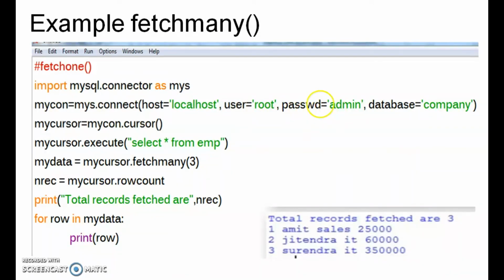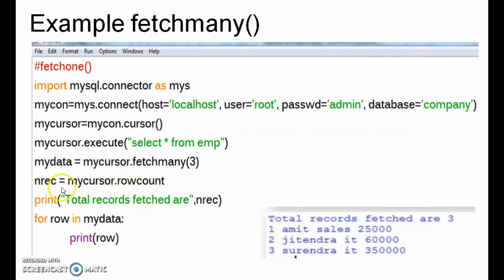Okay, the same statement we are using here, except that instead of mycursor.fetchone, here we are using mycursor.fetchmany of 3. This 3 means 3 records will be read from our database. Okay, in the fetchmany function, whatever number you give in between the parentheses, that number of records will be read from our database. So NREC, number of records, is equal to mycursor.rowcount.